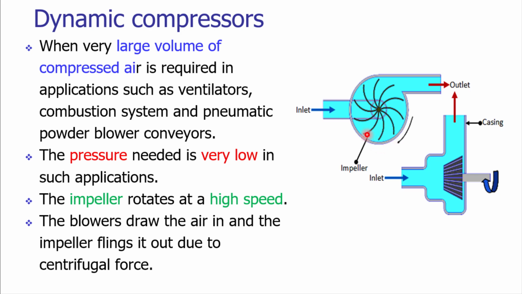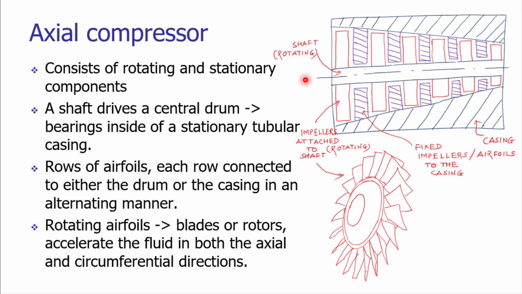The impellers are further applying force on that radially moving air, and that is increasing its pressure. So in this case, we are taking the fluid at a high volume and pushing it at a high speed to the application. The pressure increase is not that high. There's a moderate increase in pressure by using the dynamic type of compressors.